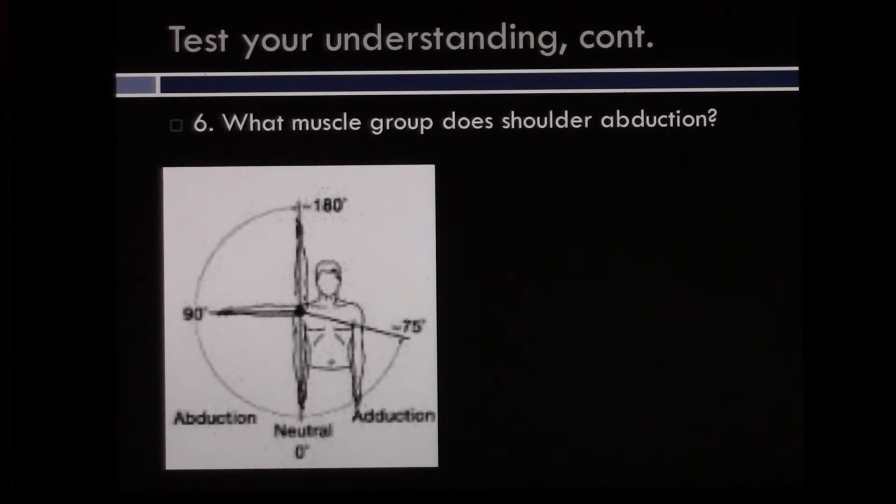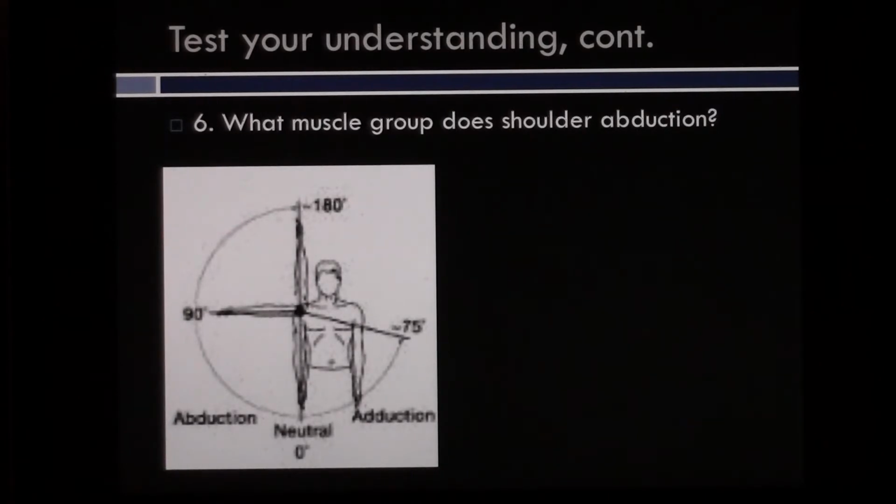So again, this picture is not technically correct. It's just so much easier to do on a day-to-day basis. But you should be starting at 180. So abduction, remember, is in the frontal plane and moving away from your body. So basically just lifting your arms straight out to the side. So that's abduction, going from 180 to 90 degrees if you go directly to shoulder height, just straight out to